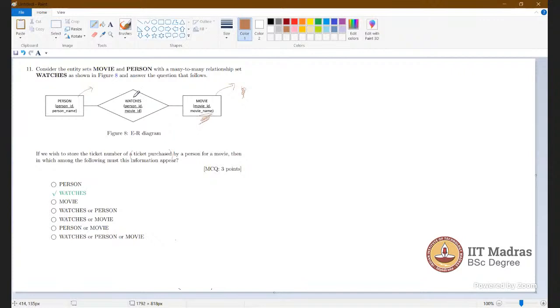So we can put the ticket purchase in the watches relationship set, which we represent as a relation like this: watches, and the attributes are person ID, movie ID, and the ticket purchase.